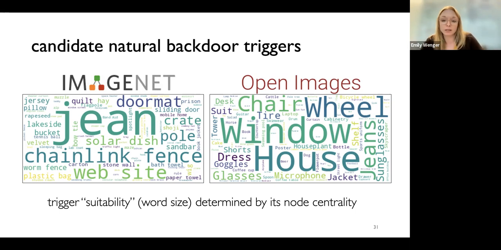But the point of showing these is that there's a lot of triggers and there's a lot of potential sub data sets in these larger data sets that could be used for research. And that's exciting. That really solves our IRB sharing problem in a way that we didn't expect to be quite so lucrative.